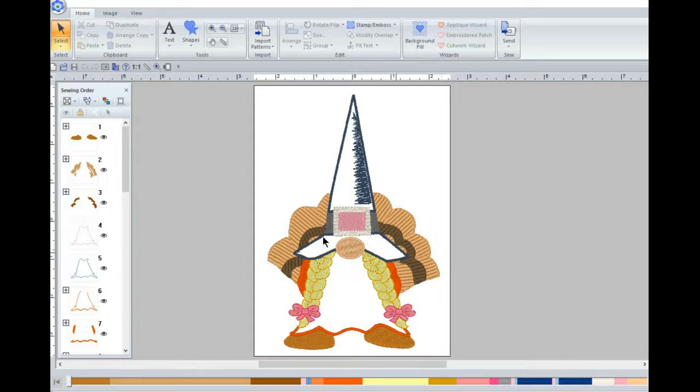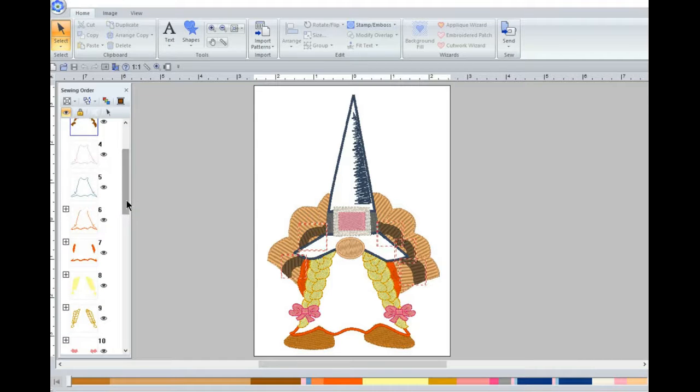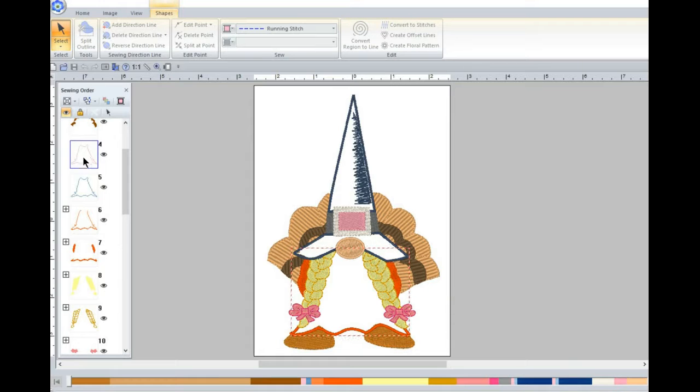Now here is the applique of the girl. So this one we need to talk about. So 1 does the shoes, 2 does the feathers, 3 does the inside feathers. All right, so if you've done any of my applique before, this pink is a placement stitch. You would stitch this and then you put your fabric over it. The blue is a tack down of your fabric, and then the orange is a